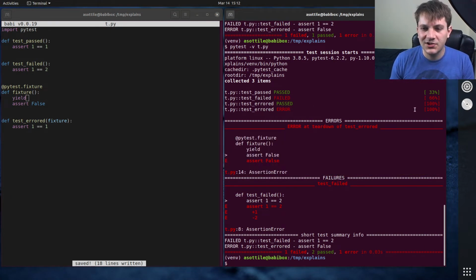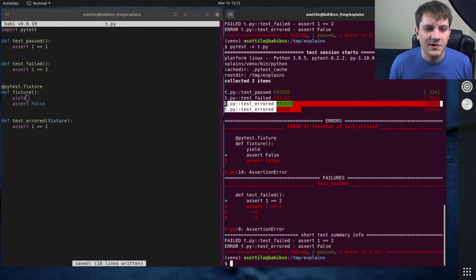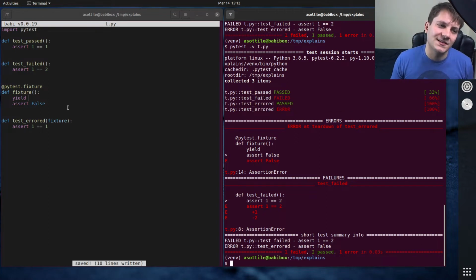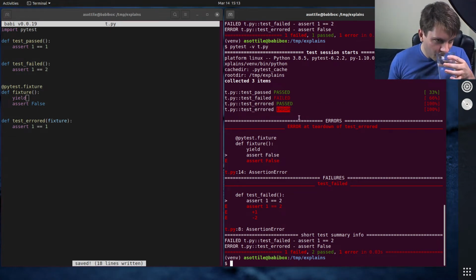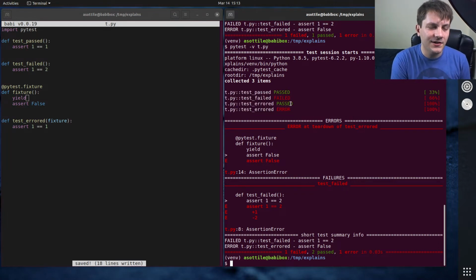Error at teardown. So we actually get a passed and an error here, which is kind of interesting. This is one of the cases where a test will have more results than just the test itself, and that is because during teardown you can get additional failures. So this is actually one passing and one failing test at the same time. Okay, so those cover the very basic types of results in pytest,